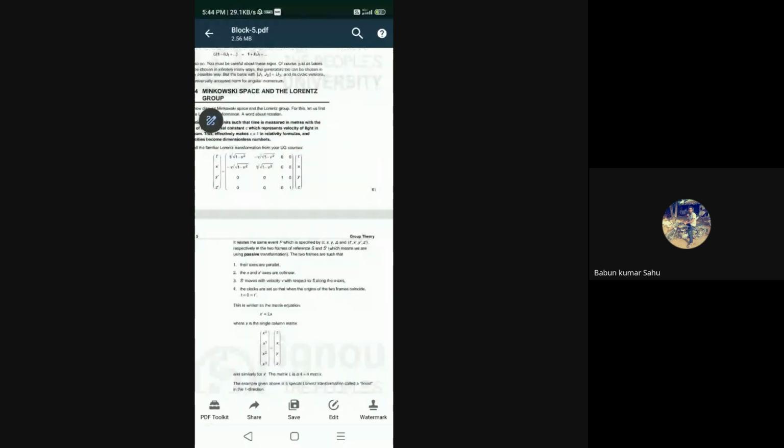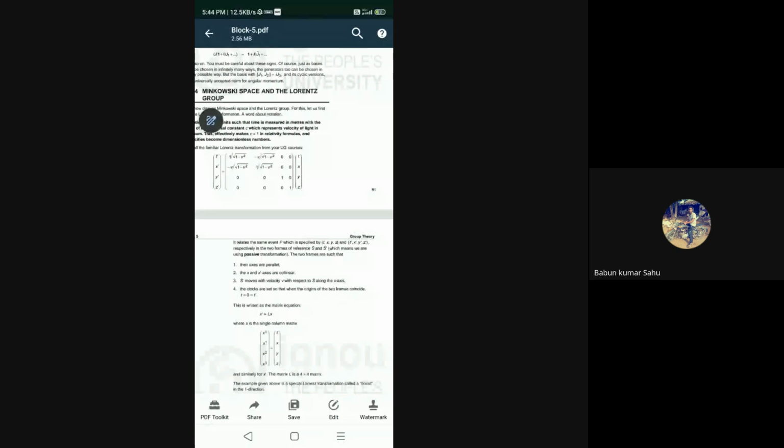the matrix with entries 1 by root over 1 minus v squared, minus v by root over 1 minus v squared, 0, 0; minus v by root over 1 minus v squared, 1 by root over 1 minus v squared, 0, 0; 0, 0, 1, 0; 0, 0, 0, 1, multiplied by the column matrix t, x, y, z. It relates the same event P, which is specified by t, x, y, z and t dash, x dash, y dash, z dash respectively in the two frames of reference S and S dash, which means